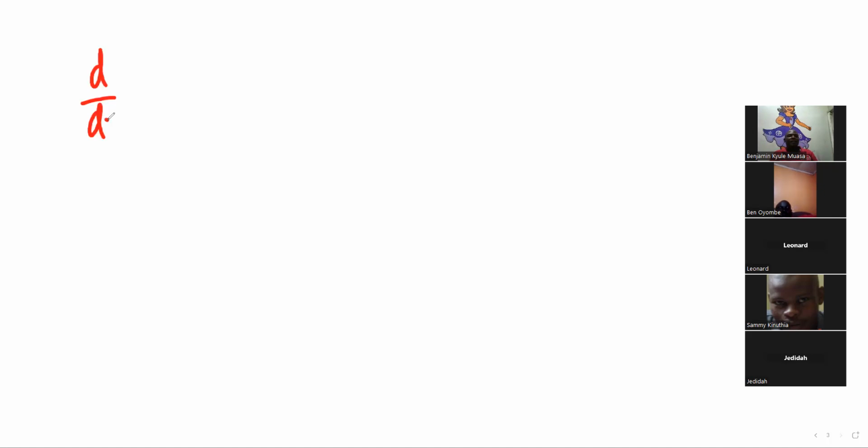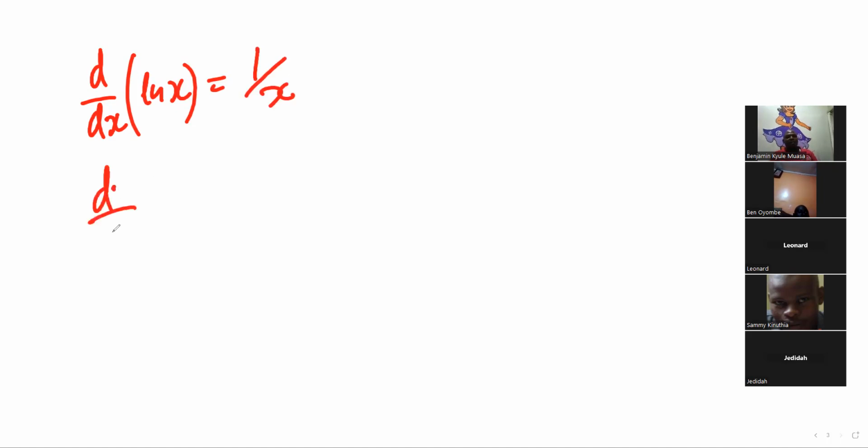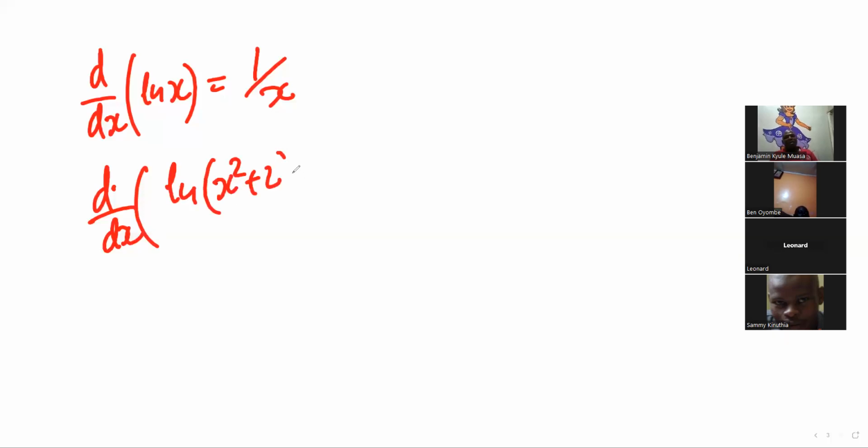The differentiation of ln of x is what? 1 out of x. So the differentiation of ln of x squared plus 2, the answer will be 1 out of x squared plus 2, then times the differentiation of this one here, which